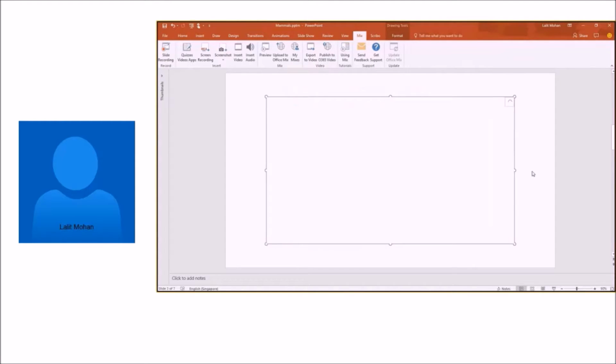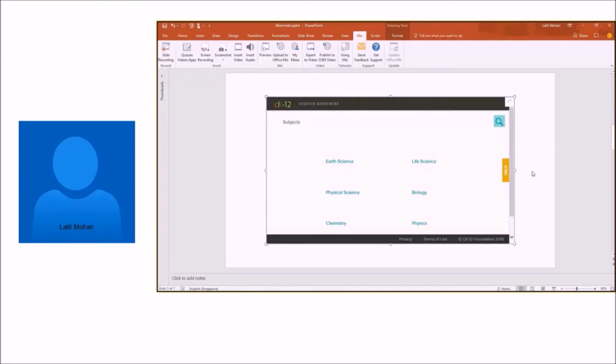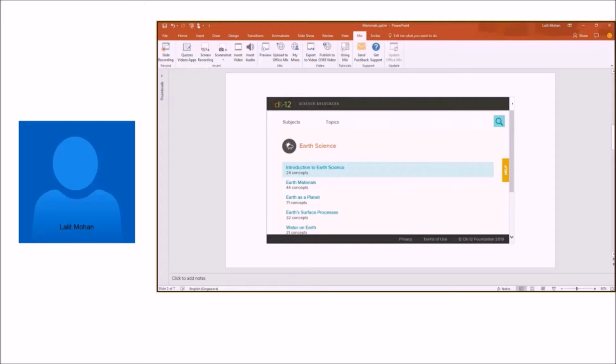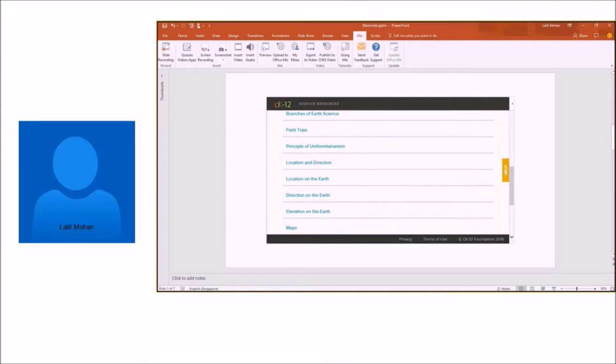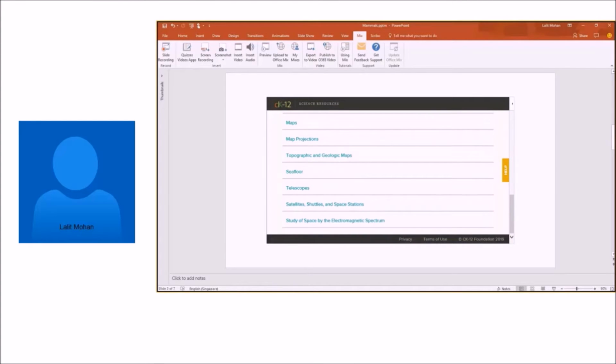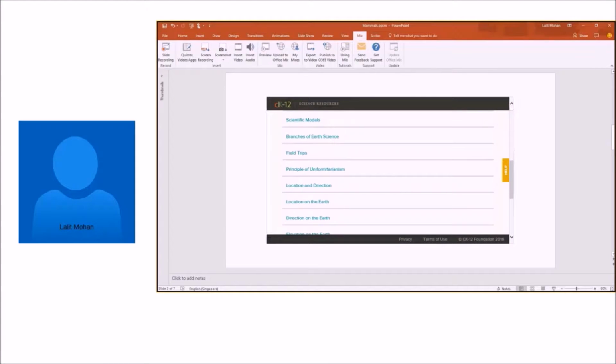Okay, so this app has been provided by CK12, which is a popular publisher, and they have provided various topics of science herein. For example, I could go into this. Within that, there are many topics available, and based on the lesson that our teachers are teaching their students, they will be able to pick whatever they want. So the key idea is that they are able to provide